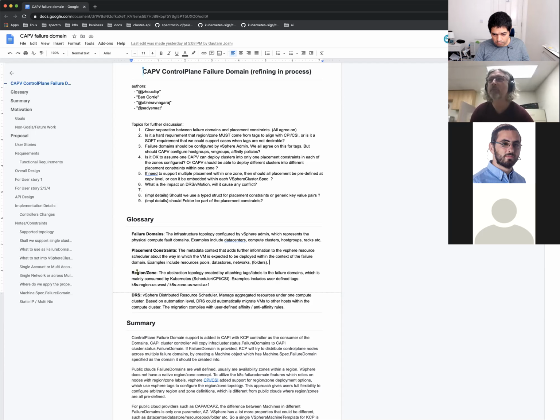Then when we create the control plane nodes, we can spread them into different VM groups. Then DRS will take that VM and put it into the host group. Okay, so DRS understands host groups and knows how to deploy to host groups. Yeah, that's my opinion. So this problem seems to be really the inability to tag a host group, because if we could tag a host group, it would solve everything.